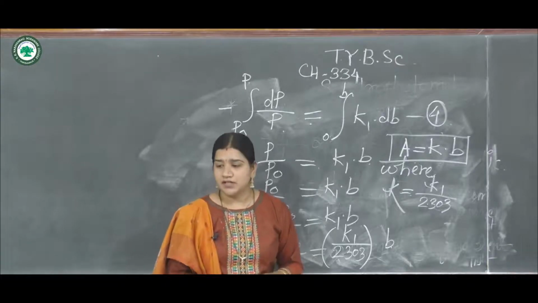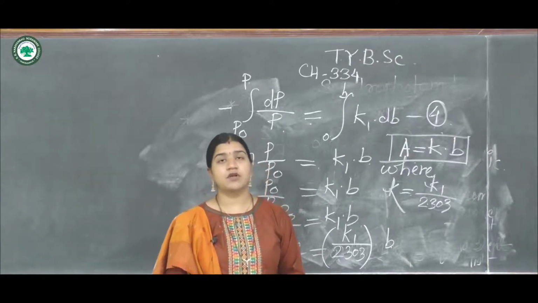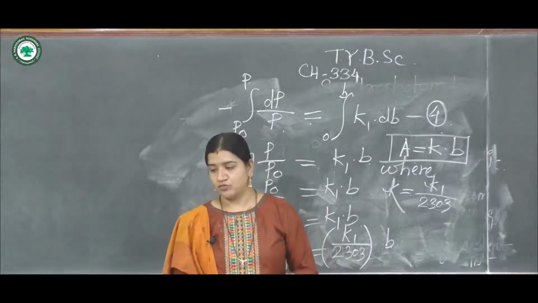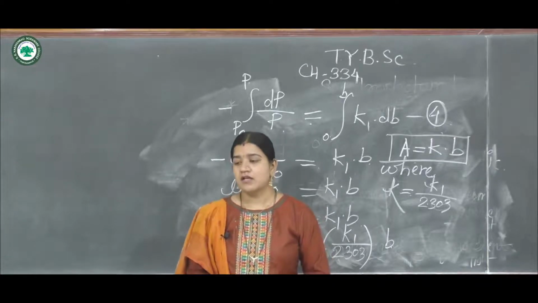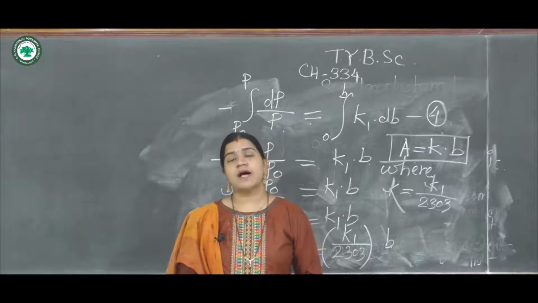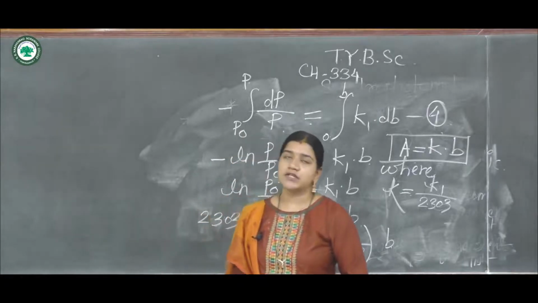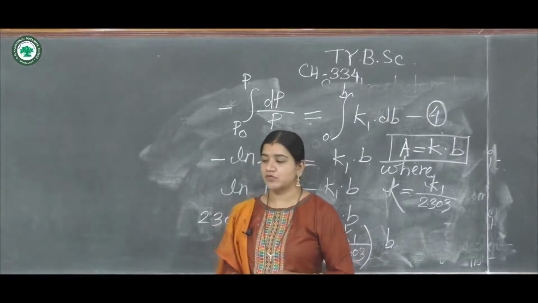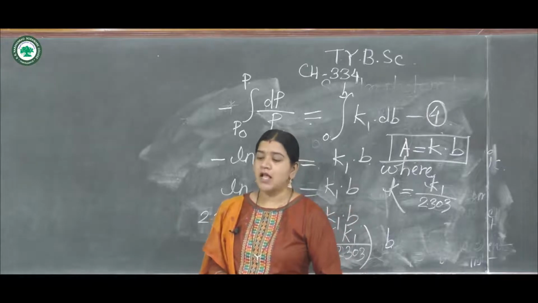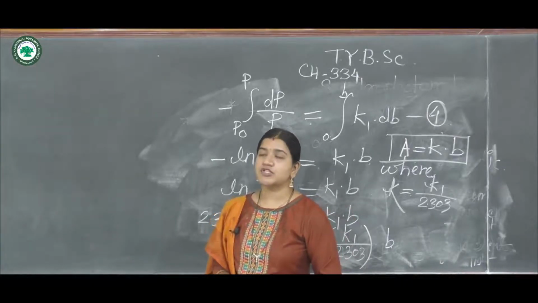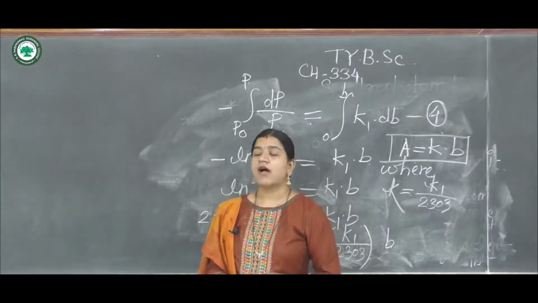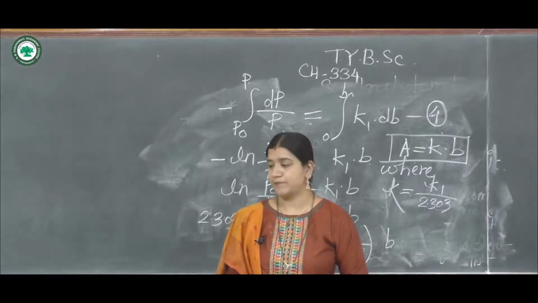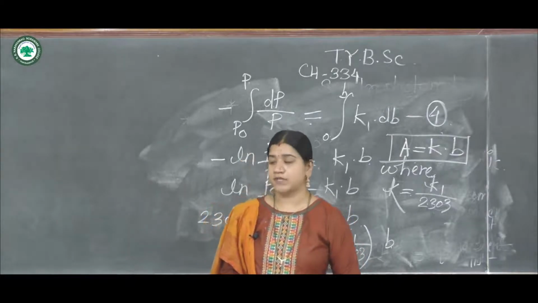Now the second one is the Beer's law. So what is the statement for Beer's law? Actually Beer's law was invented in the year 1852, and the statement is, when a beam of monochromatic light is allowed to pass through a transparent medium, the rate of decrease of the radiant power with the concentration of the medium is directly proportional to the radiant power of the incident light. Lambert's law gives you the relationship between the radiant power and the thickness, while Beer's law gives you the relationship between the radiant power and the concentration of the medium. So we will actually see the statement for Beer's law.